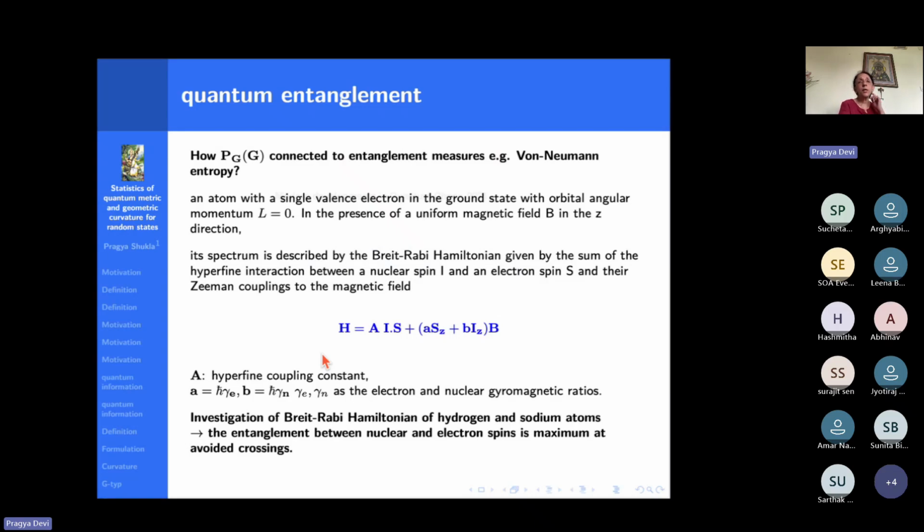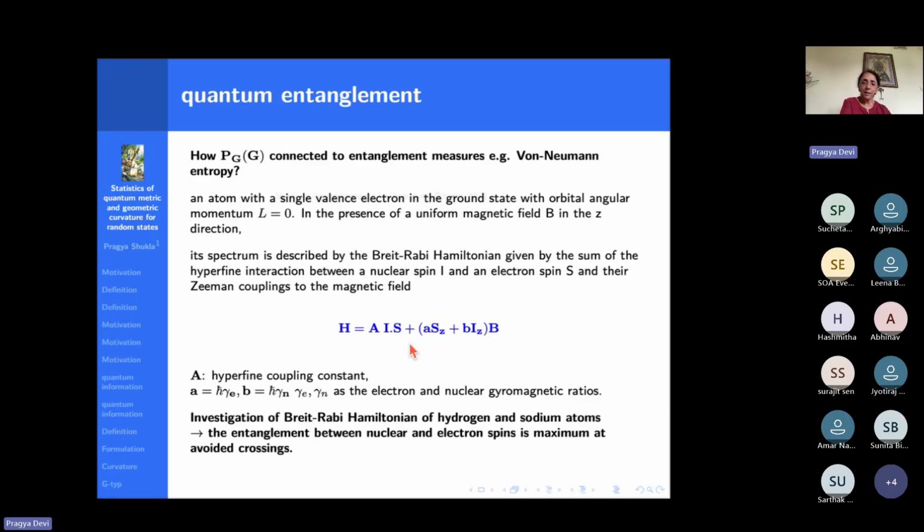As I showed you, there are many words used to describe how close two levels can come to each other when you are changing the system parameters. It is also called level repulsion, accidental degeneracy, or avoided crossings. So I showed you how avoided crossings play a very important role in the context of geometric curvature and quantum metric trace, important not only for condensed matter physics, but also for quantum information. Okay, but now I am showing one more thing which is not much talked about. But this is not our work, this is work I found in the literature, and